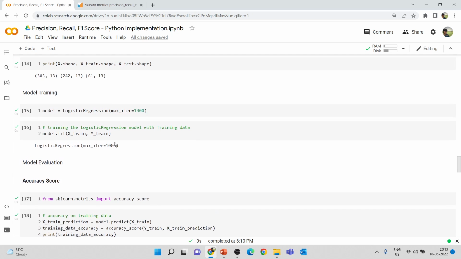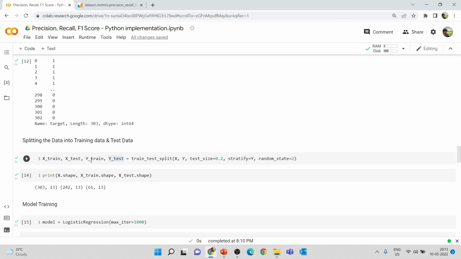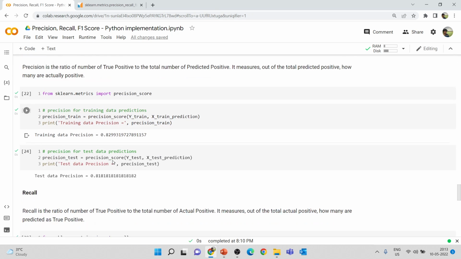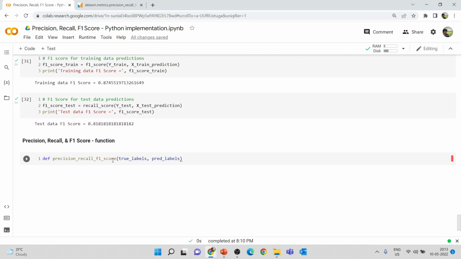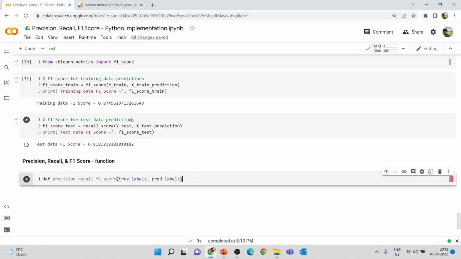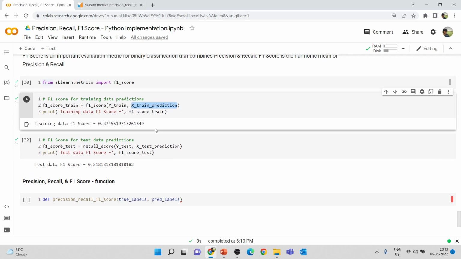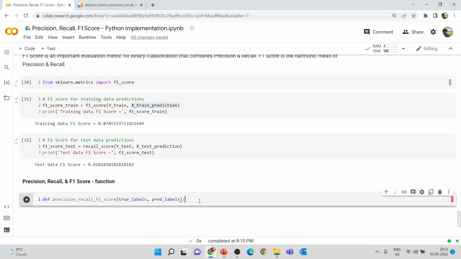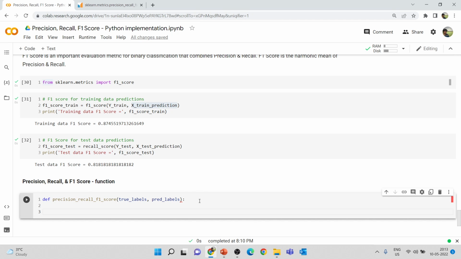So what we have here, while splitting it, is y train and y test. In this case the prediction will be your X train prediction or your X test prediction. So those will be the two parameters that we have to give here. So here let's create three things. One is precision value is equal to, and next let's create